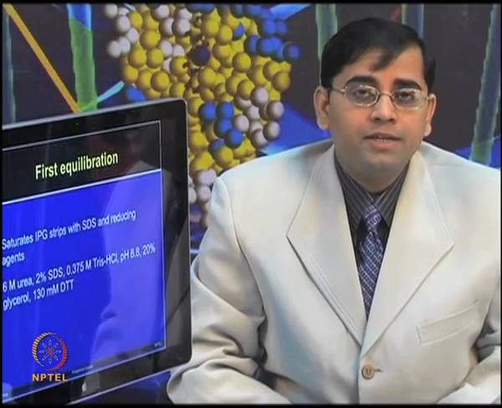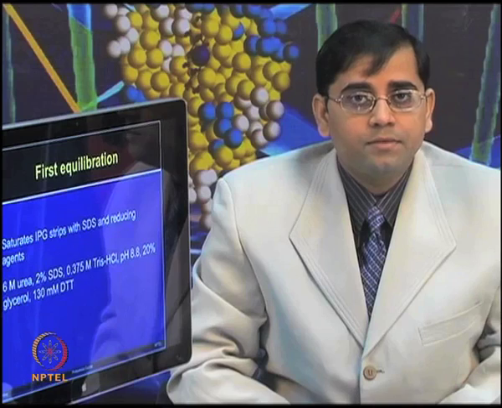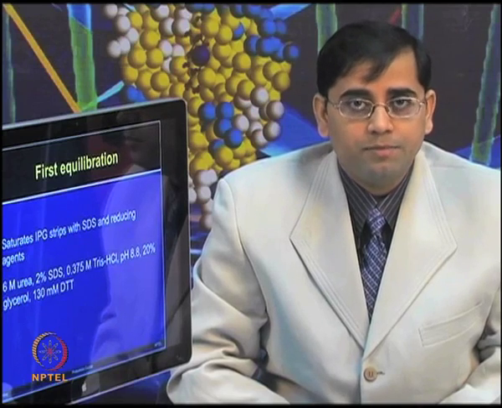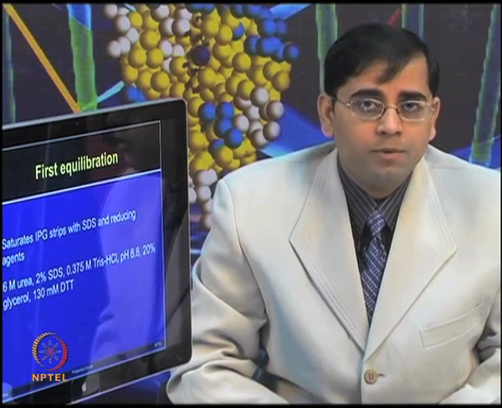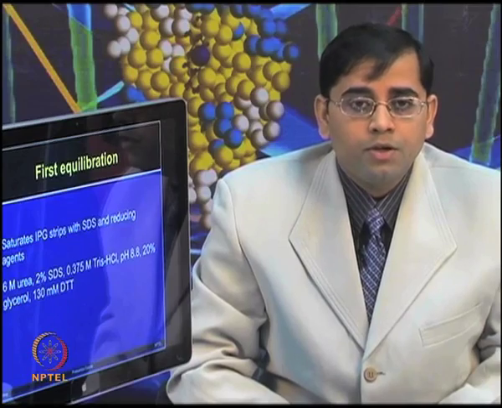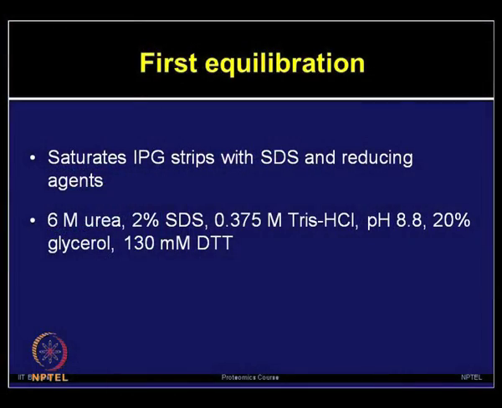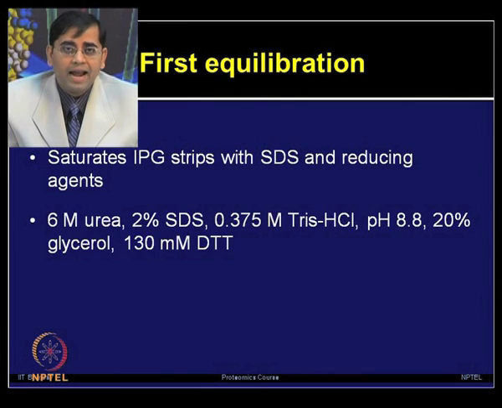So, there are two equilibration steps which are required for this preparatory step. The first equilibration step and the second equilibration step. Your recipe for equilibration buffer is ideally similar in both first and second equilibration, which includes 6 molar urea, 2% SDS, 0.375 molar Tris-HCl, pH 8.8,